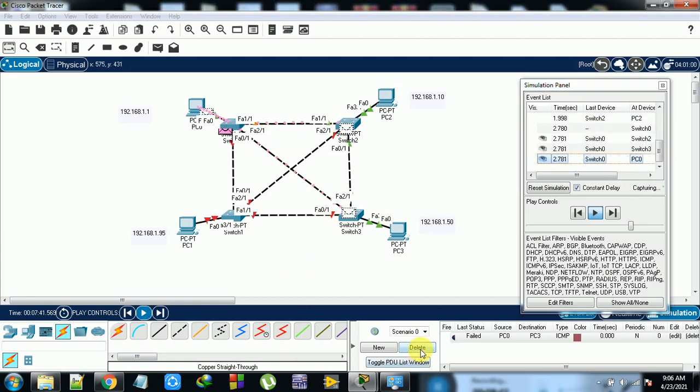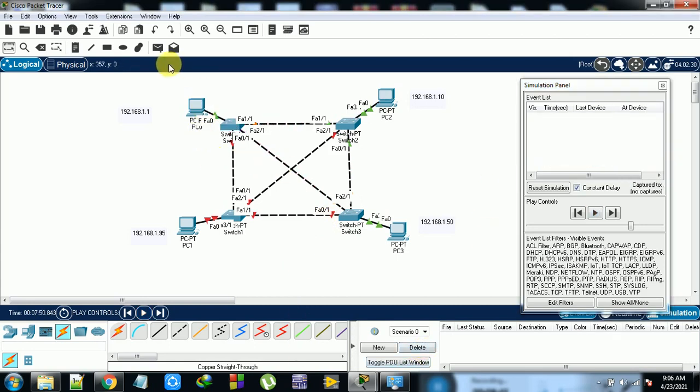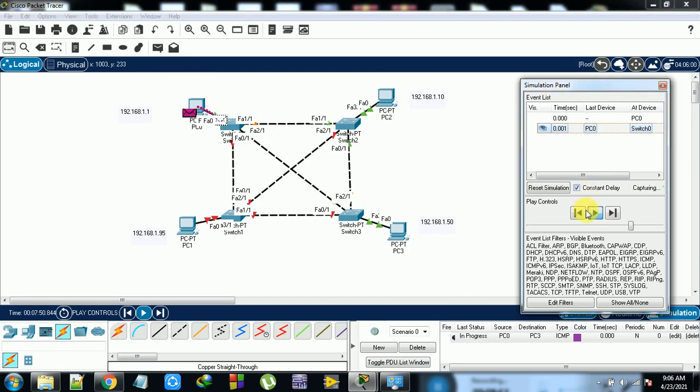First I delete the message. Then from here to here, and if I run this, it failed. Why did it fail? Because already one connectivity is there between them, but one time it failed.